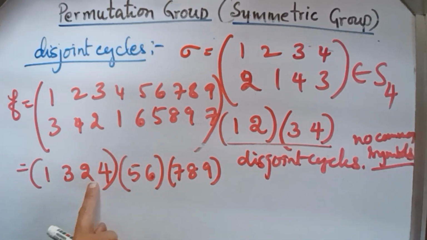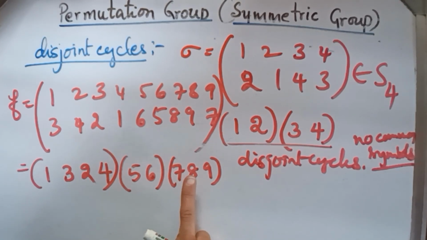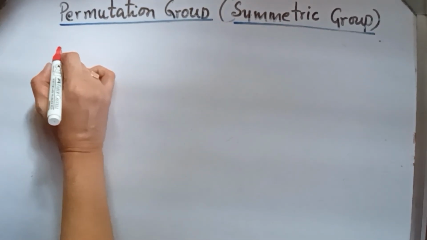What is the length of this cycle? Count the symbols: 4. The length of this cycle is 2, the length of this cycle is 3. Therefore, this one is a transposition. This is of length 4 and this is of length 3. Now one more result,